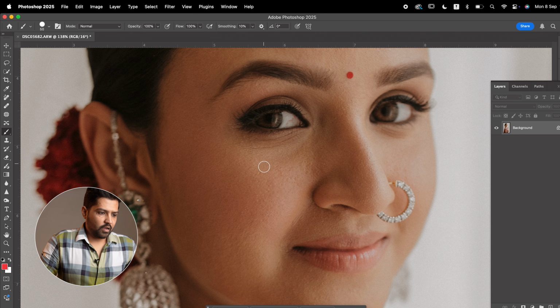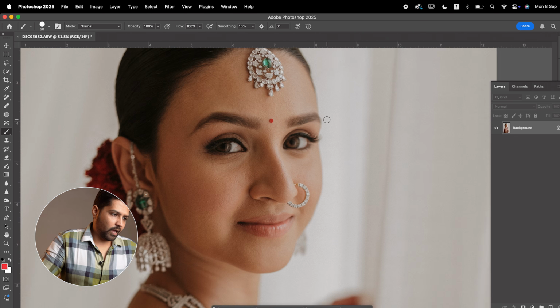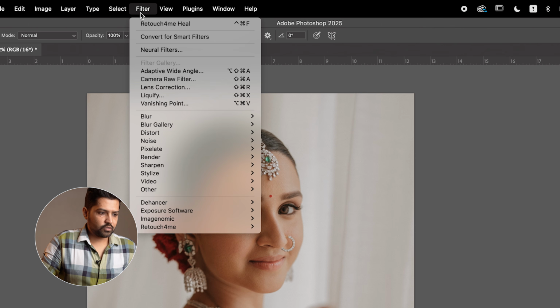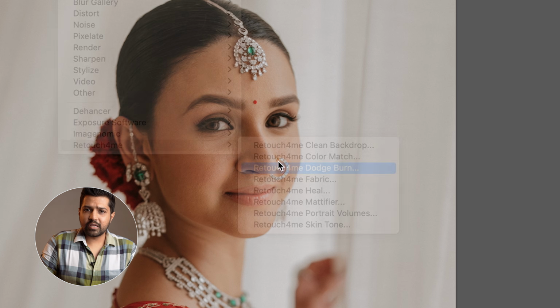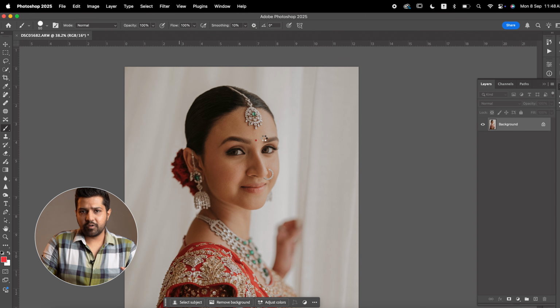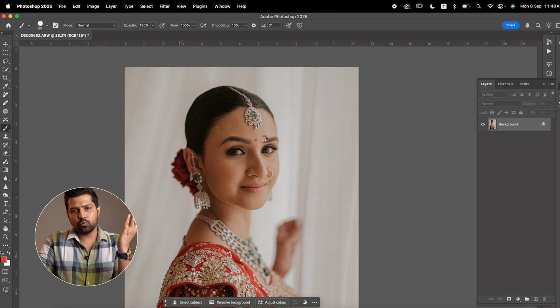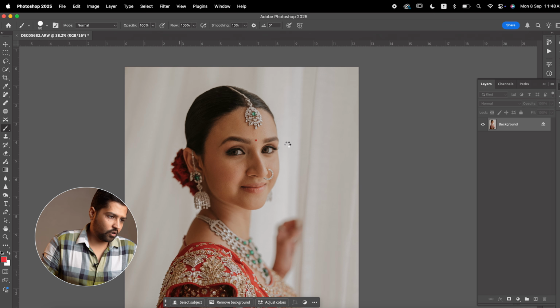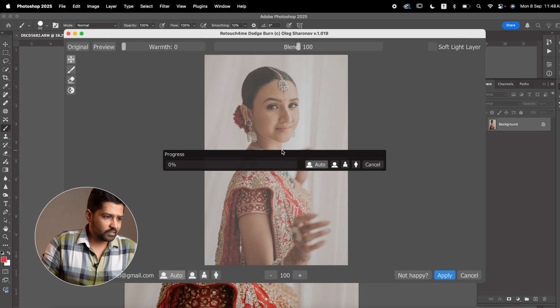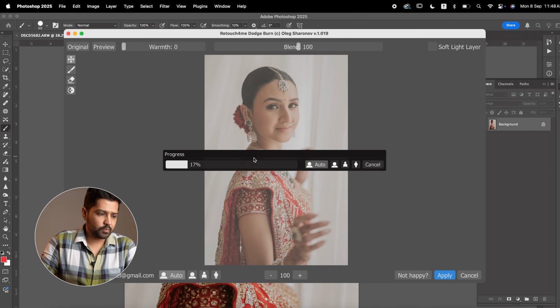Again, I will apply the Retouch4me Dodge and Burn, so it will balance out your skin and the lighting imperfections and make it a very even tone. It makes your skin very detailed, with depth, right? So let's open the dodge and burn part and let's see how it is behaving on this particular image,